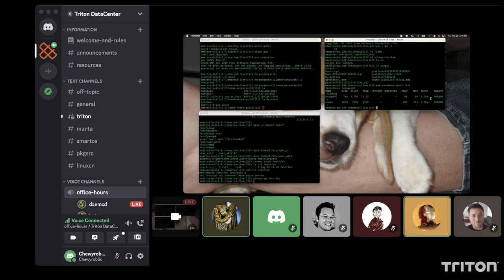The fundamental model of SmartOS hasn't changed. Even when you're booting off the zpool, it's still using a RAM disk. The boot pool, whatever pool it is, is only used during the boot process to load those artifacts into memory. And once they're loaded into memory, it doesn't use that boot pool anymore. You can export it if you want. And so, the reason that SmartOS runs from a RAM disk,